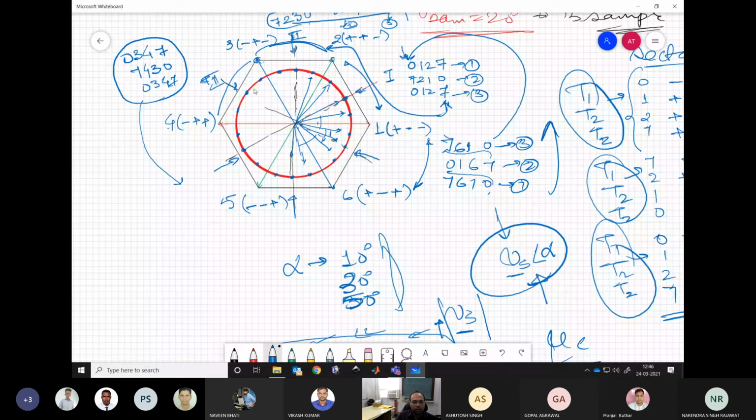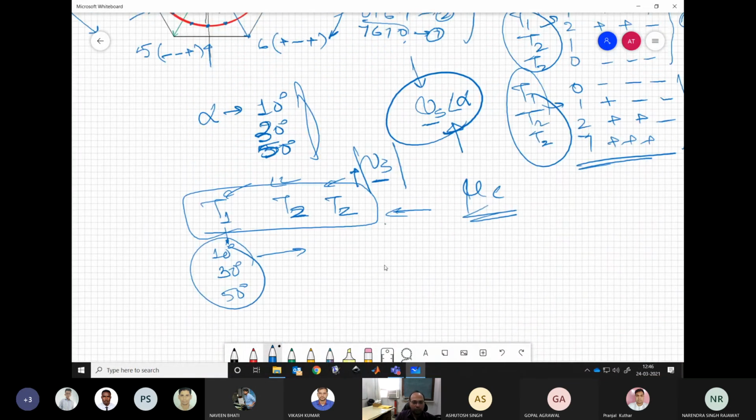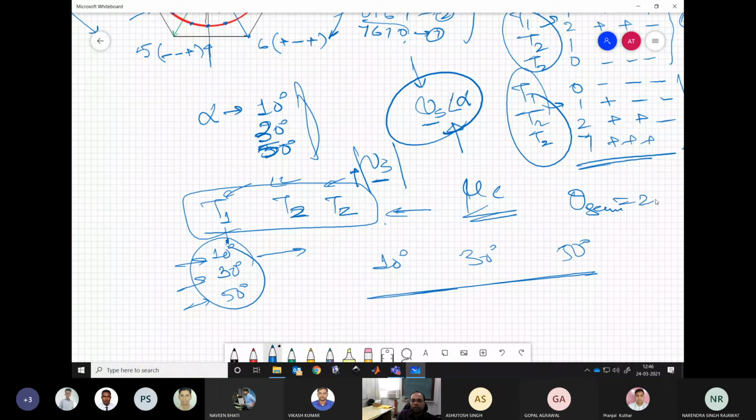So we'll be going in the counterclockwise direction, realizing this vector. Just these 3 sets of numbers we need to know: the value of T1, T2 and TZ for these angles. In every sector we sample at these angles only, 10 degrees, 30 degrees and 50 degrees. This is for theta sampling equal to 20 degrees. So then our job becomes very simple. We need not have the complete carrier. We need not have the 3 modulating signals and all that.